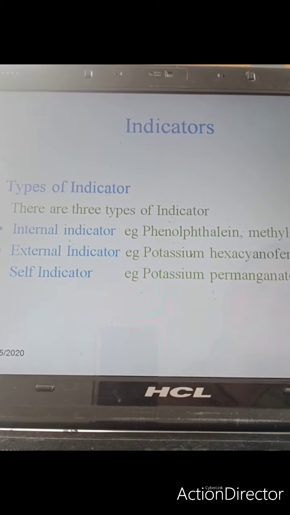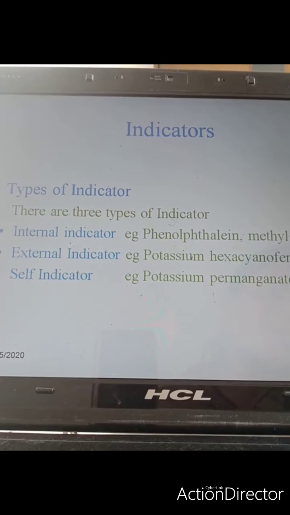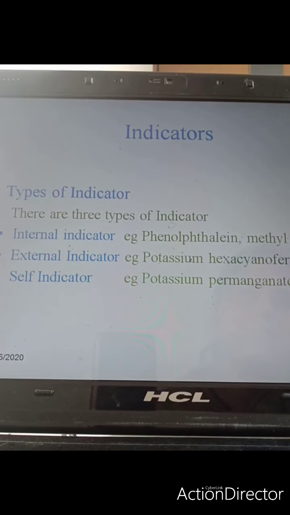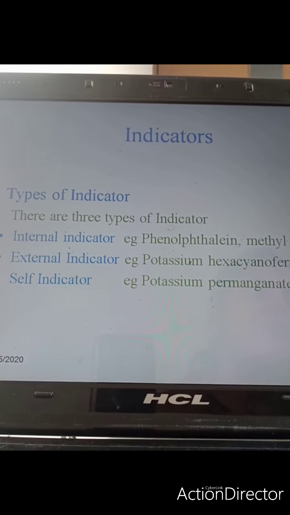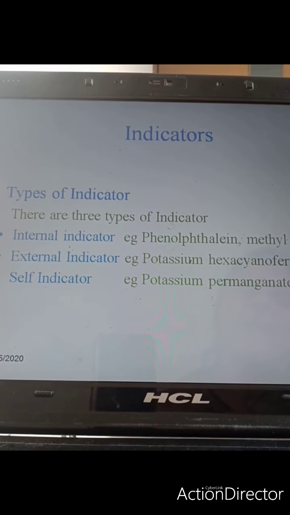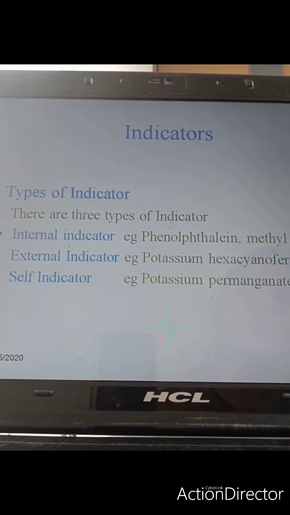Now let us talk about the indicators. These are chemicals which are required in minute concentration, and they help in determination of the endpoint. That is, they tell you about the completion of the reaction. They are taken in a very minute amount. Hardly two or three drops of indicator are taken, and they are of different types like internal indicator, external indicator,